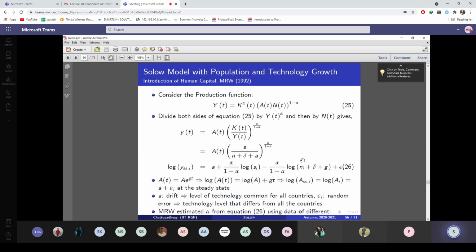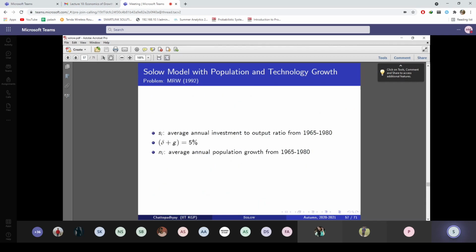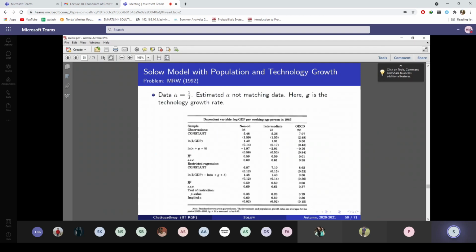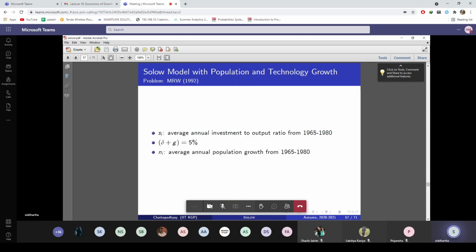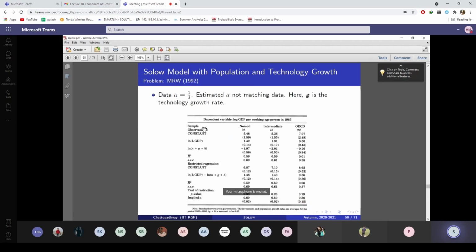So they realized that something is again missing in this production function, and they introduced human capital in this production function. This is basically the result they got. I am not explaining this result over here because you guys have not taken any course of econometrics before this. So you won't realize how to estimate that, what result they are getting, and how. So that is why I am not going into detail of that. So they have estimated that, and the estimated value of alpha is not matching with the data. And from here they realized that we have to do something else.